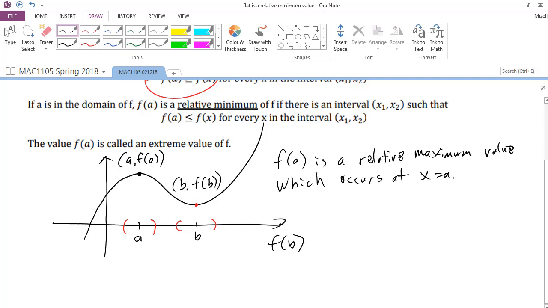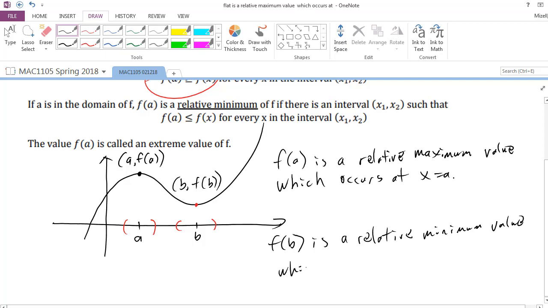F of b is a relative minimum value, which occurs at x equals b. Let's look at some of the MyMathLab problems, and then I want to make sure to